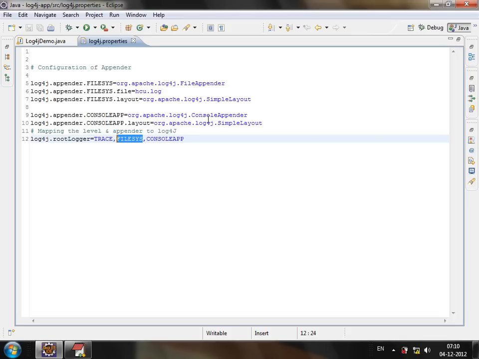Definitely, if we want to send logging messages to a file system, we'll use a file appender. That's why we have used a file appender and sent the information to a log file. Now my question is, if I have two files, hcu.log and dst.log,